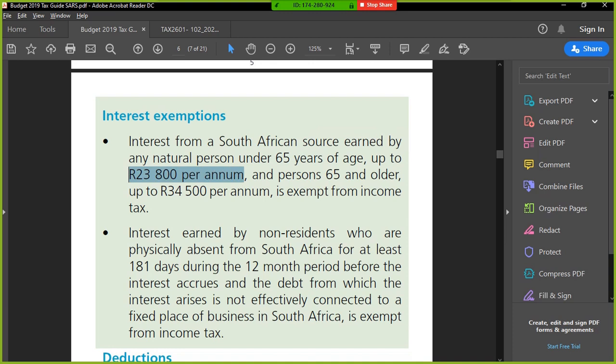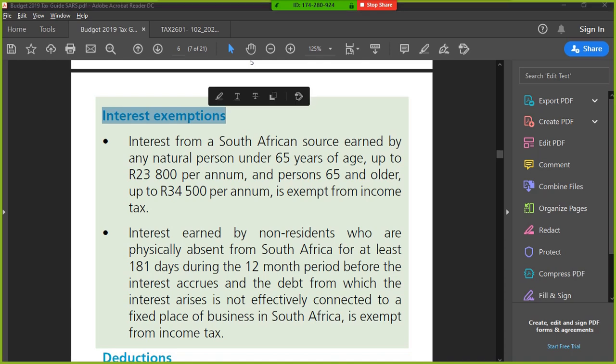So this is the total. So we would be able to claim 23,800 Rand a year in terms of interest that we've earned on our savings. Right, so it could be investment income from a unit trust, it could be a fixed deposit, it could be a savings account, whatever it is, it doesn't matter. If you are looking at interest, okay, interest only,